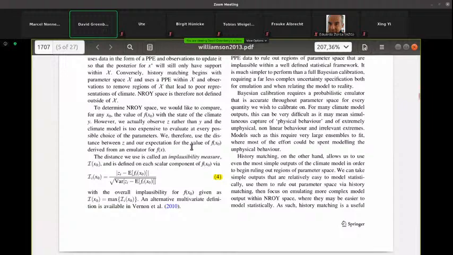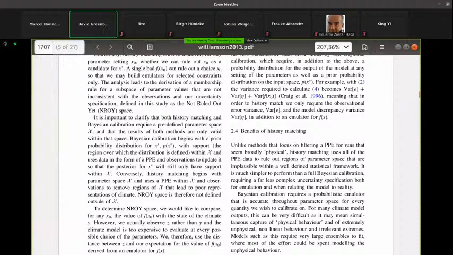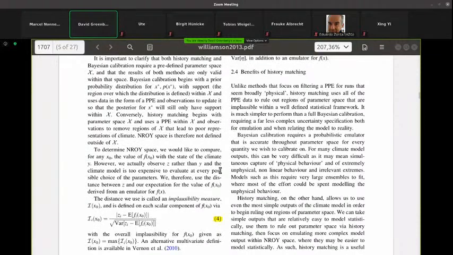So this is something I won't go into, but it's quite interesting on a mathematical as well as perhaps a philosophical level. So the idea is we have an implausibility measure. The mismatch between observations and predictions should not be too big relative to the variability. And we're going to set a threshold. In this case, they generally used 3 standard deviations. And we're going to rule out the parameter sets for which the predicted output is more than 3 standard deviations